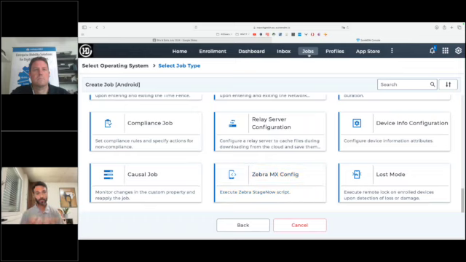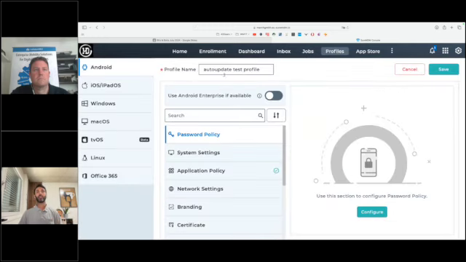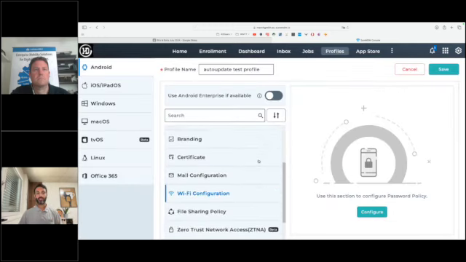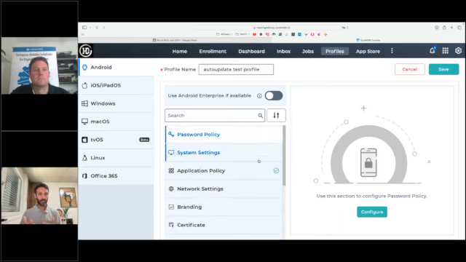So when I'm training somebody to use the system for the first time, what I normally recommend is we start with profiles. We build here whatever our basic profile is, whatever apps and settings are required, and we leave that as is. We try to keep the majority of the truth in one place. As we start to roll out and to have our devices be configured or updated, if you start to see a stopgap where something is taking too long or something is not working efficiently, this is when I would then recommend coming over to jobs and seeing if you can supplement some things in the profile with a job